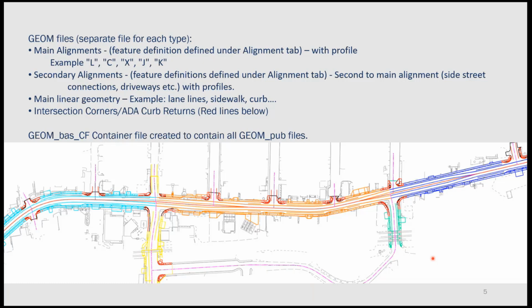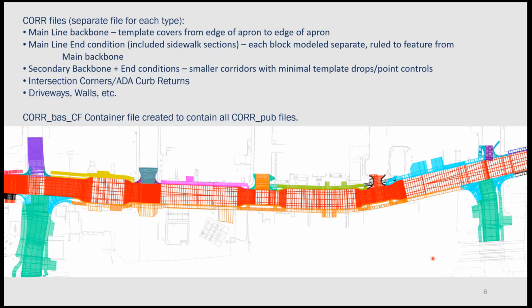Once I had the geometry kind of figured out, I switched over to the corridor files. You would think that a corridor file would match a geometry file, but that wasn't entirely the case. So in terms of Garibaldi, I originally tried modeling the backbone with sidewalks on each side, dropping templates as I needed them. And this turned out to be a bigger processing issue for my machine and the program than I was willing to deal with. So I ended up breaking out the corridors into two